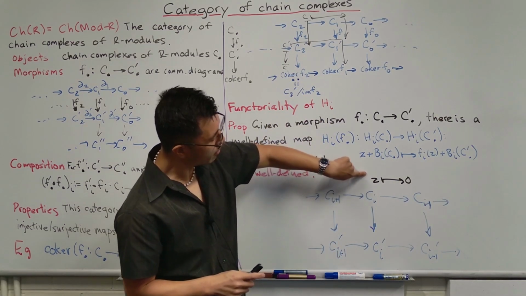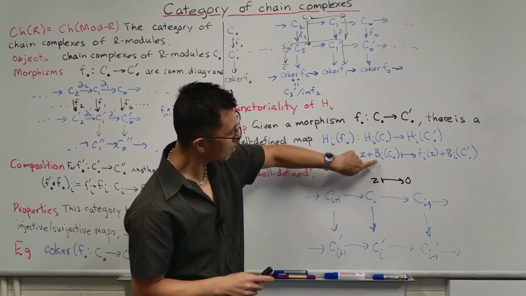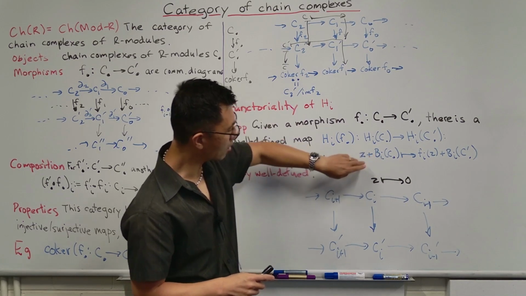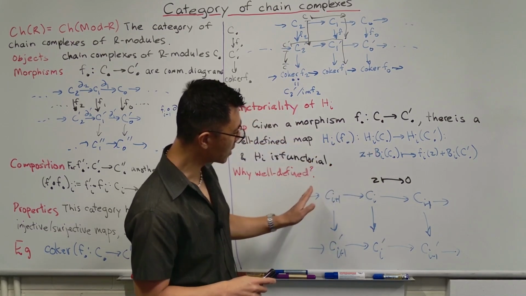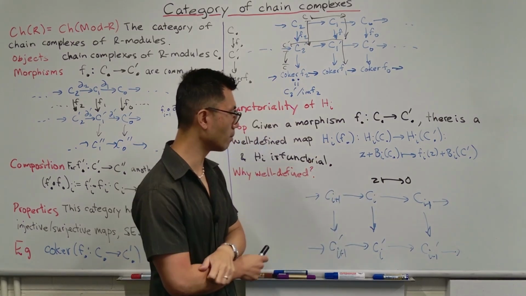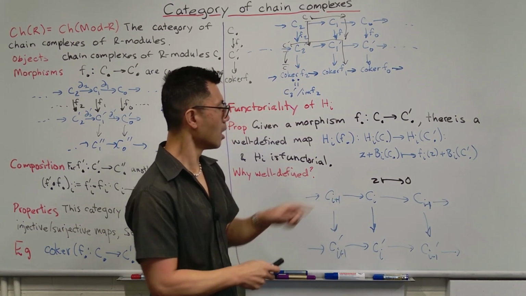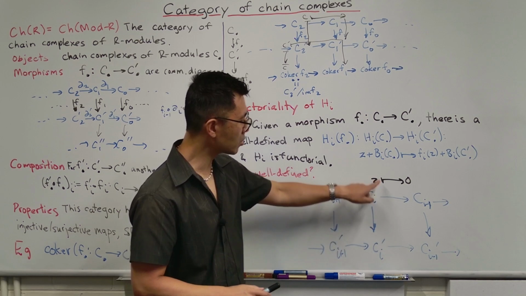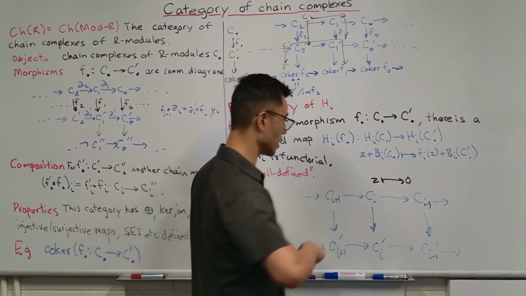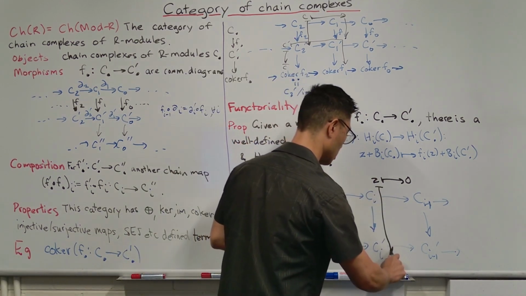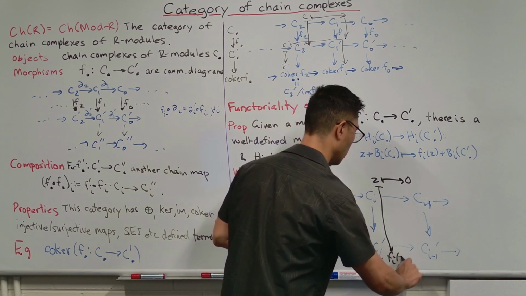So you look at all these elements and you look at all the cosets with respect to the B_i of C dot, which is just the image of this. We'll have a look more at that later. What I want to do is map this down to F_i of Z. So that's what I do here. This goes down to F_i of Z,